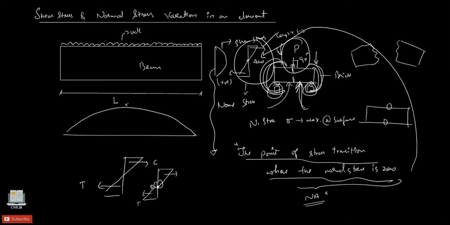Okay, now we will come across different cases, that is, we will consider different points here. For example, we will consider point P here, point Q here, point R here, point S here, and point T here. Got it? At these points, how the shear stress tau and normal stress sigma vary can be determined with the help of a diagram.